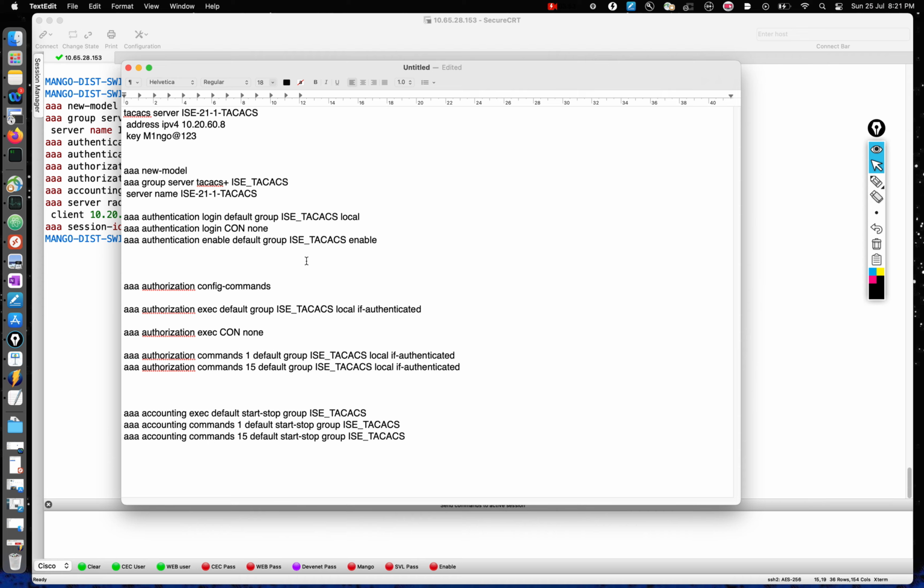Remember, go back to the flow chart or the flows which I was talking about at the start of the video. That's what I'm talking about here. Wherever you see AAA authorization exec, that means that command is pertaining to the shell access, right? Getting the SSH shell, getting the telnet shell, right? The shell part. And there also I'm pointing it to the same TACACS server, and the fallback is local